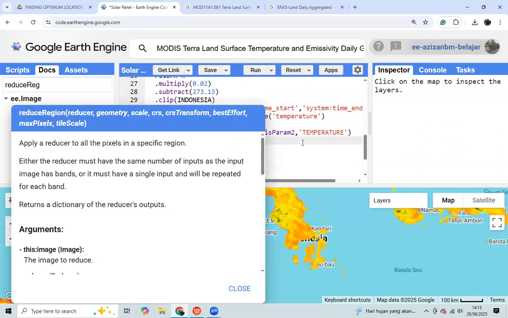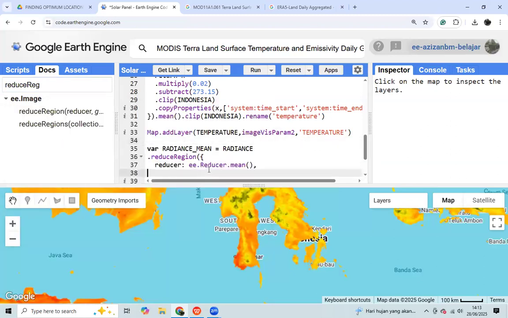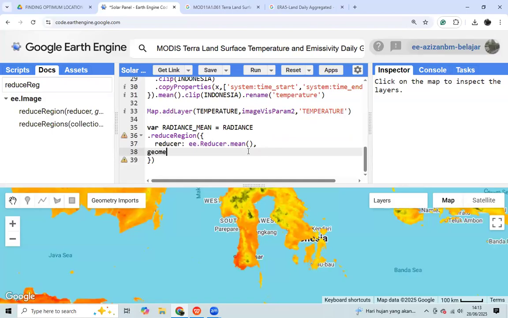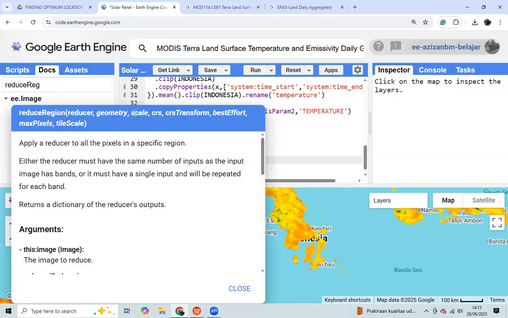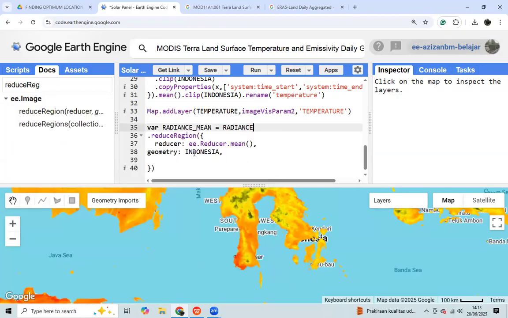And then after we find the reducer, we specify the geometry. It is the boundaries or the region of interest. We can use the Indonesia. And then we specify the scale.